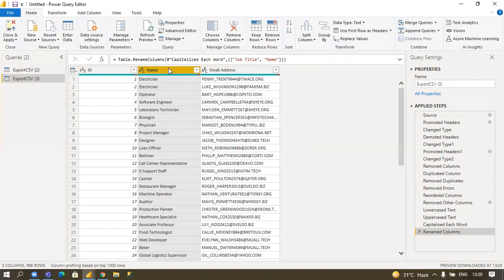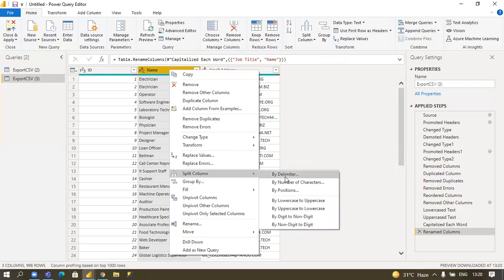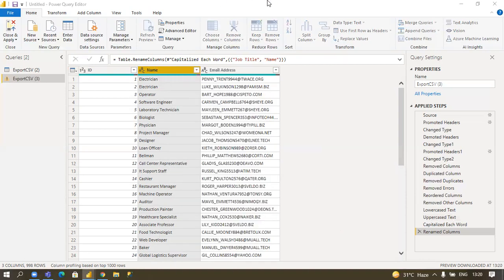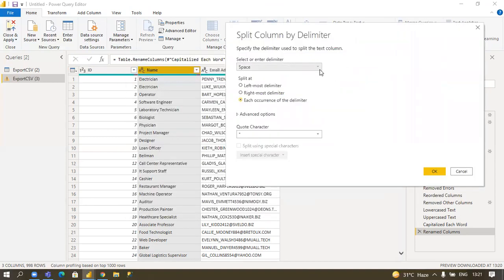Basically, I right click the column name, click on split column, and click on by delimiter. Now you can see one window appears, and there are some options you need to check. First you select or enter the delimiter.